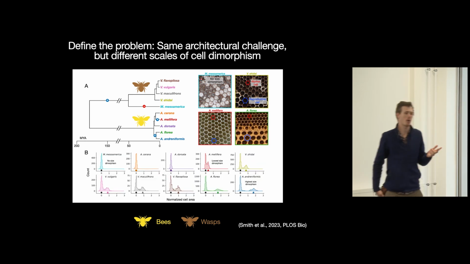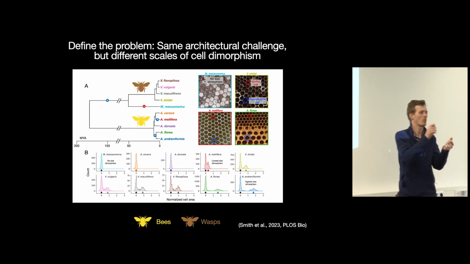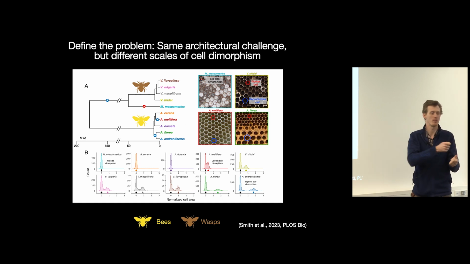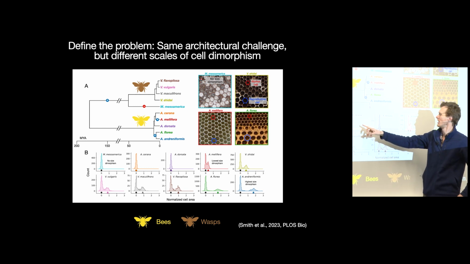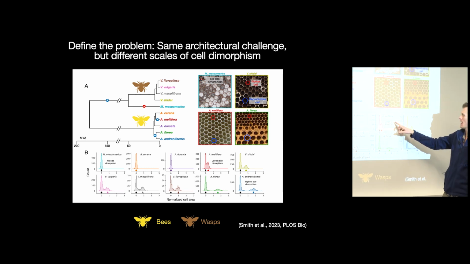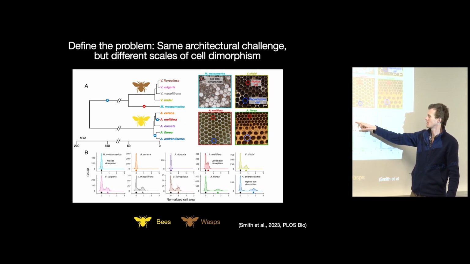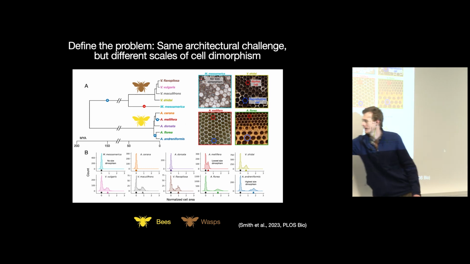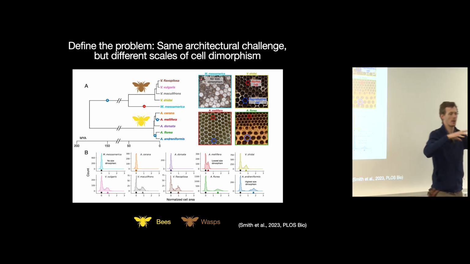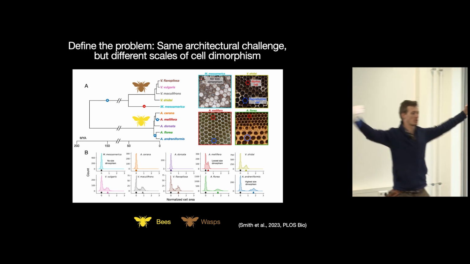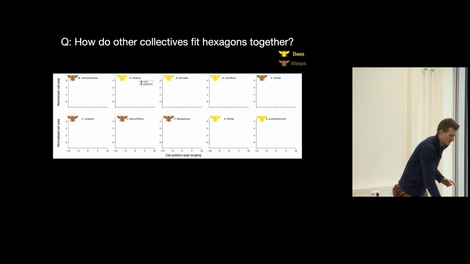And the scale of that problem is going to differ by species based on how much bigger their reproductive is than their worker. So in this case, we have a control that has no size dimorphism. These ones have very small dimorphism. Apis mellifera, unfortunately, was our lowest size dimorphism. So this is where the workers are, this is the drones. And then basically we've organized them going onward in terms of larger and larger dimorphism. So as you move along that scale, you're getting larger and larger differences between the size of a worker cell and the size of a reproductive cell.